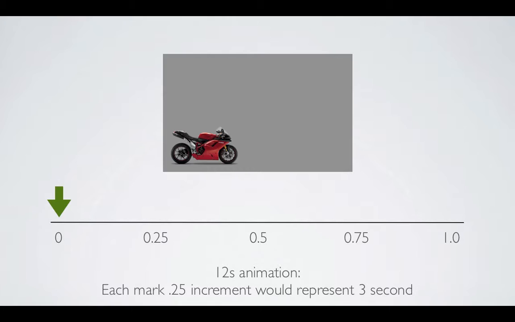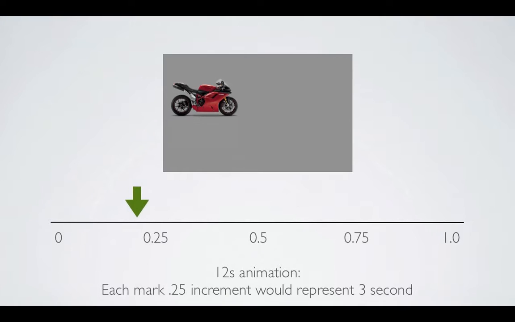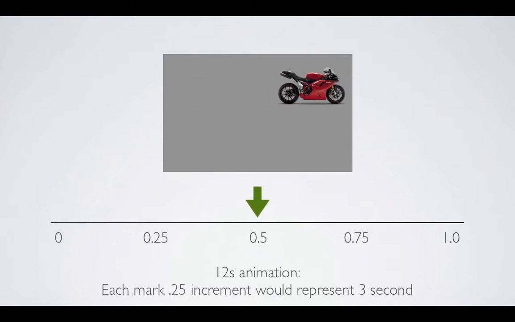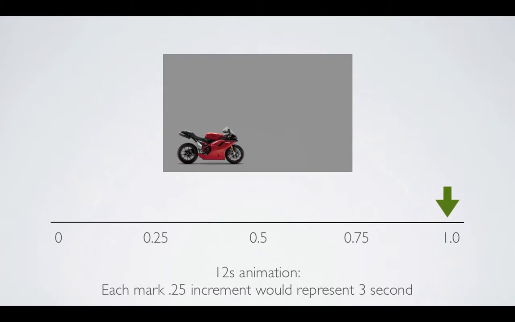Whatever the value at our key time of 0.25 would be, it would represent the 3 seconds. So to go from here to here would take 3 seconds. Another 3 seconds would be from 0.25 to 0.5, and so on and so forth,